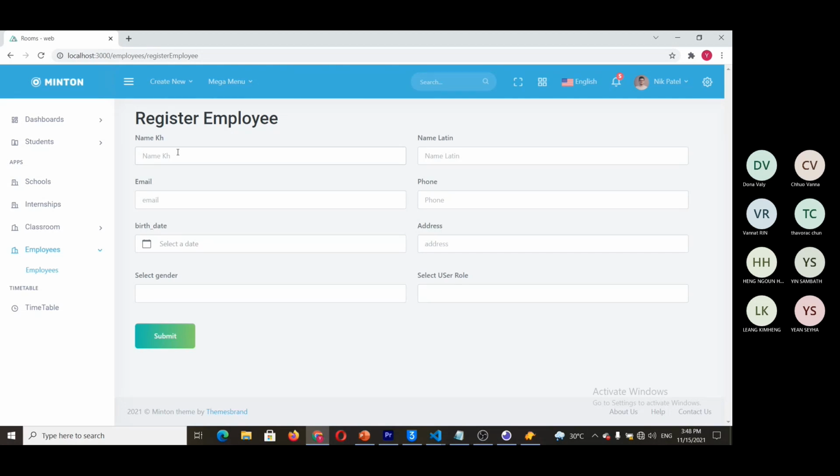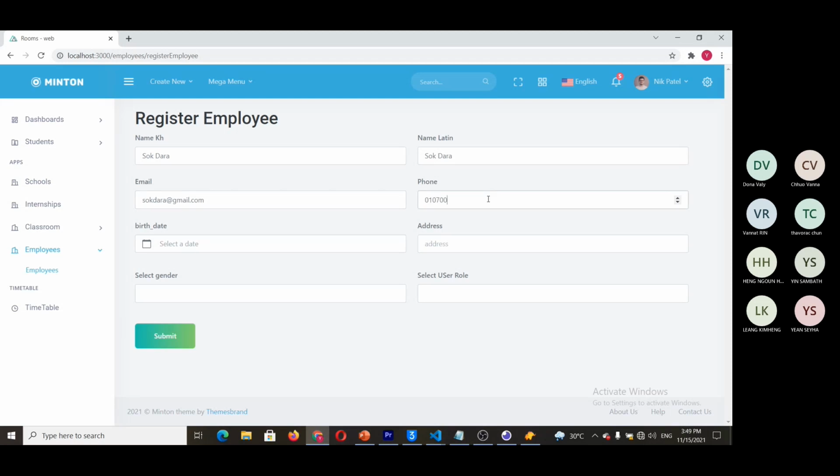But if I try to create another employee with the same email, it will display the invalid message. Like if I enter Sokdara the same, Sokdara at gmail.com.